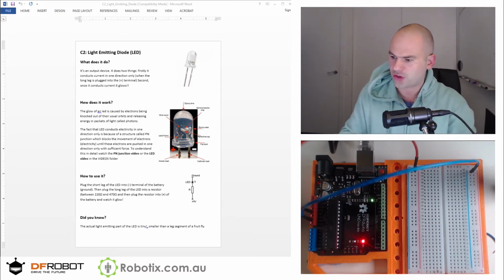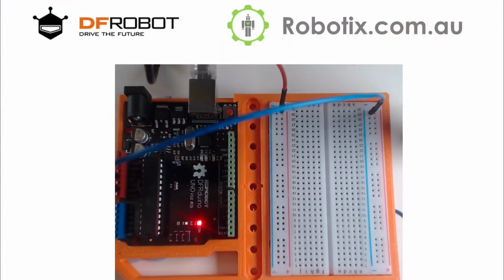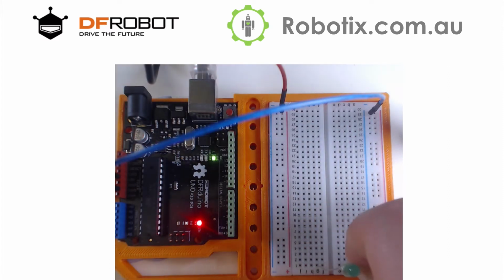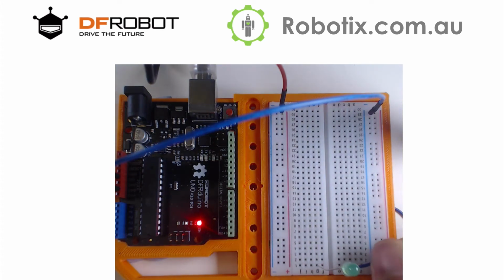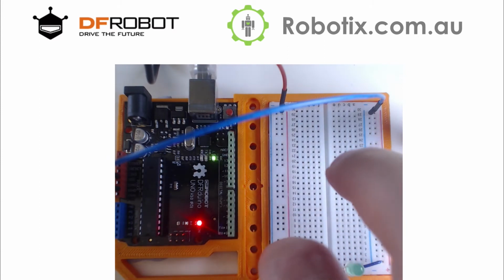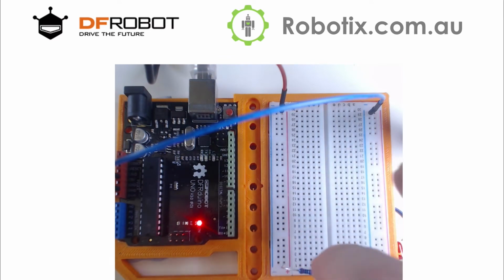Now, in order to do that, I will jump into the breadboard view, and I'm just going to plug in the LED first. Basically, we're going to have one end going into the blue rail, essentially the minus, and for the plus I'm gonna have a 220 ohm resistor in the plus. Here we go,